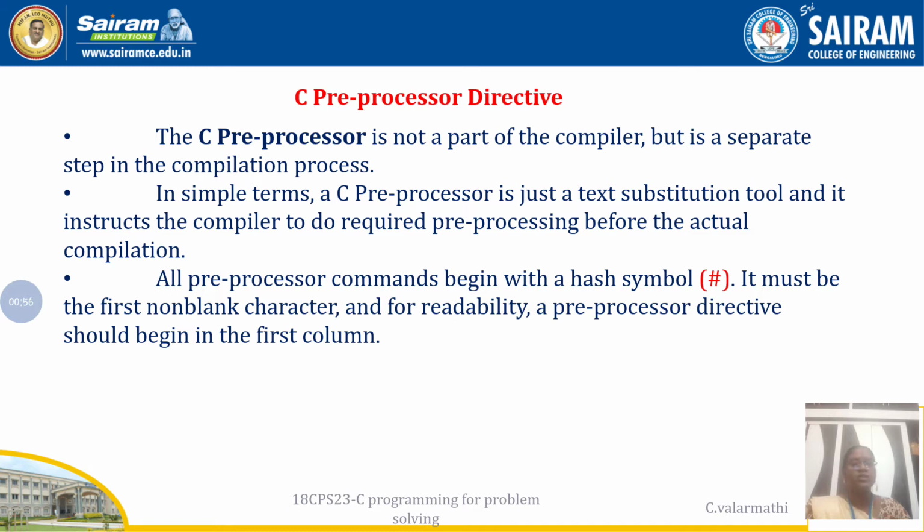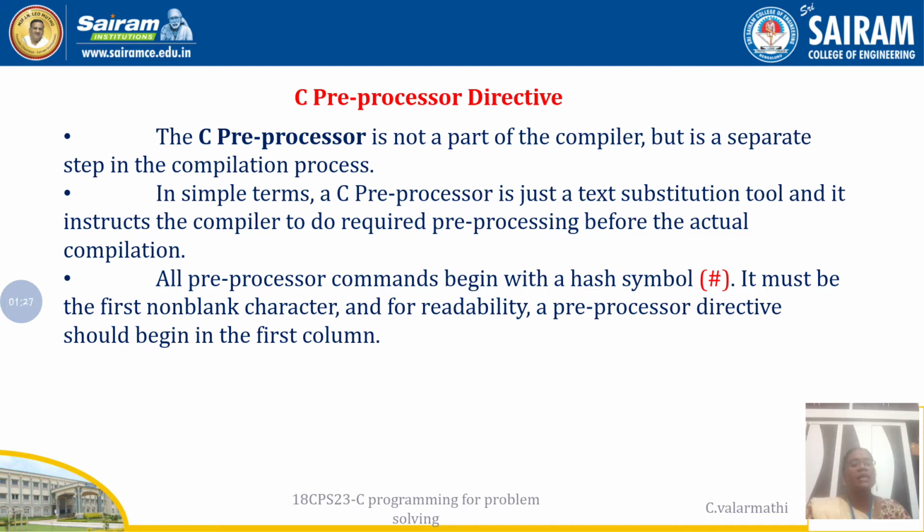We consider we are going to make one dish. Before making it, we prepare everything: cutting vegetables, gathering the ingredients we need, and making them ready with perfect quality and perfect quantity. This is called pre-processing, and that is why it is called a preprocessor. Before going for the actual compilation, the steps and instructions to be given to the compiler are called the preprocessor, right?